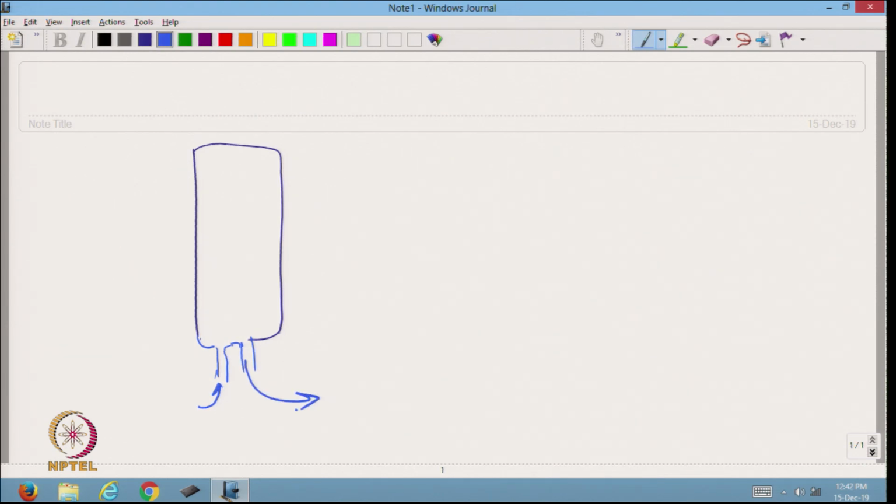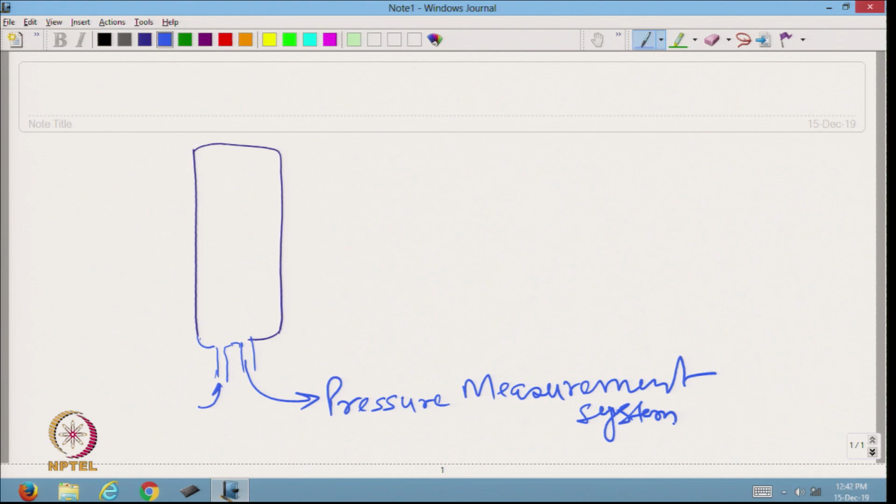This is for pressure measurement, and this is for the system, and here it is an air inlet. Now, earlier we have seen this, and the air inside, the internal pressure, shows the limb